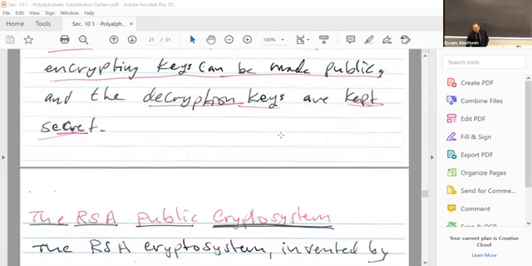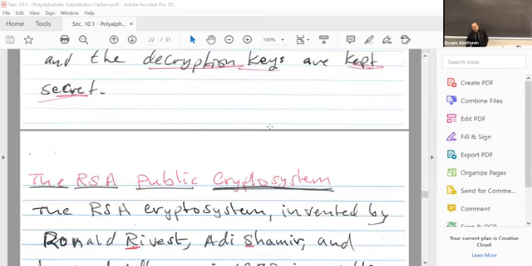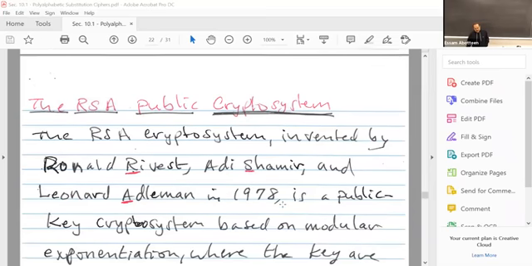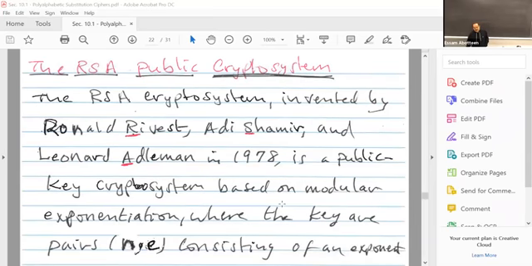All right, so here we're going to discuss one of the most important crypto systems, referred to as the RSA public key crypto system, which is still in use today. This crypto system was invented in 1978 by three computer science mathematicians, Ronald Rivest, Adi Shamir, and Leonard Adleman. And this is based again on modular exponentiation,